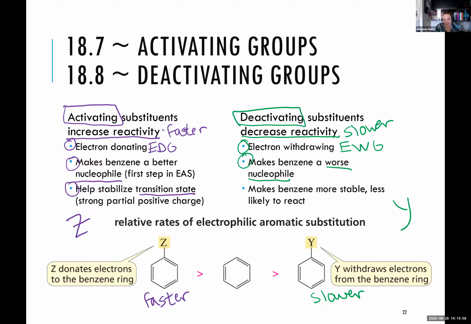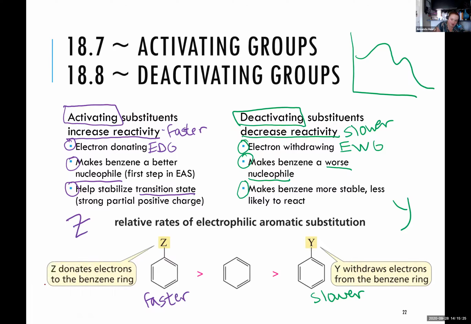And this one's a little bit different, but because they can withdraw those electrons from the benzene ring, it actually adds more resonance to the benzene before it even reacts. That's going to make benzene more stable to start with. So when we talk about our energy diagram for the reaction,